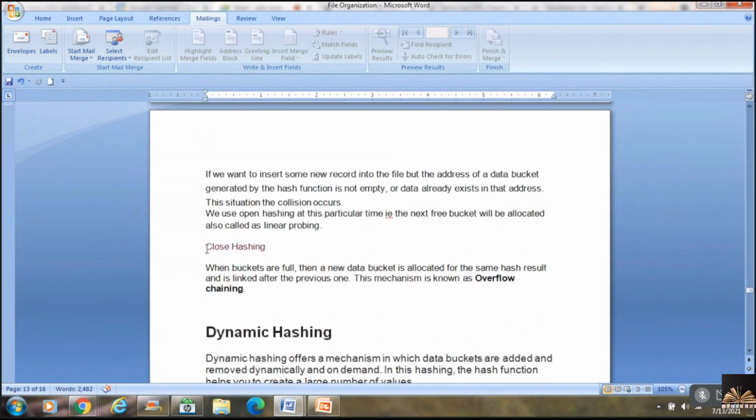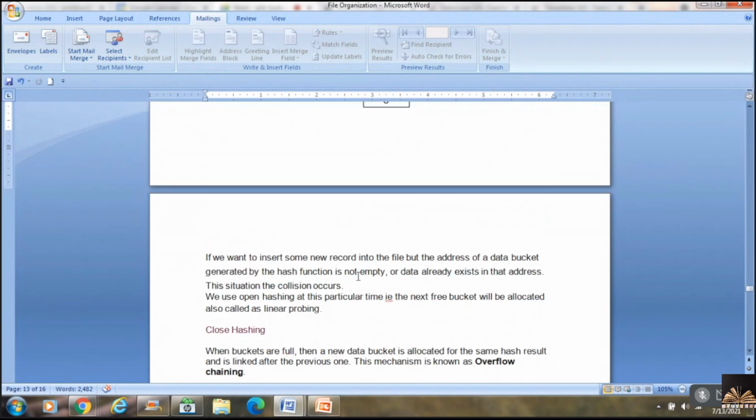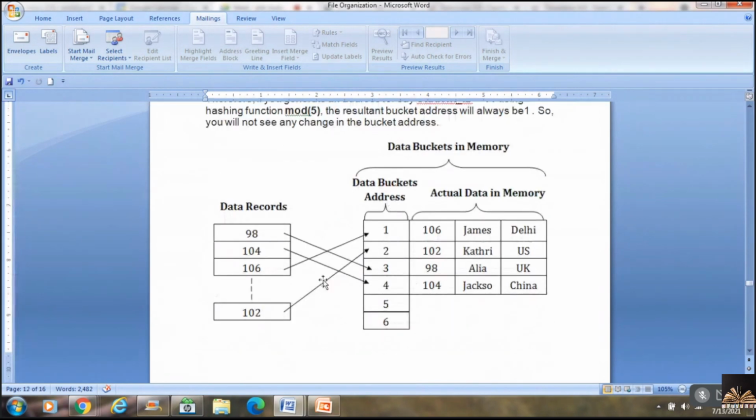Now, the second method is when buckets are full, a new data bucket is allocated for the same hash result and is linked after the previous one. So instead of looking for other space in the bucket, 98 is already allocated to 3. 98 mod 5 is 3, so it is allocated to the third address.